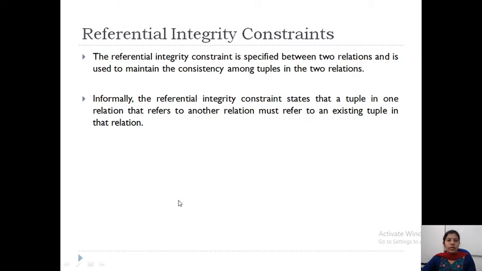Informally, we can define this as: the referential integrity constraint states that a tuple in one relation that refers to another relation must refer to an existing tuple in that relation. If I am referring to any other table, that value must be there in that table, in that relation.